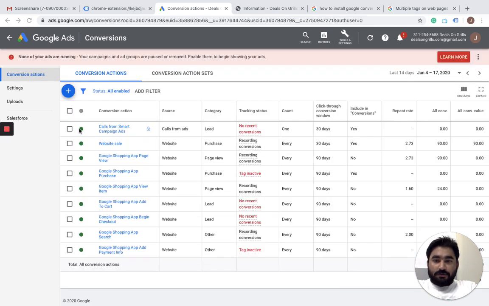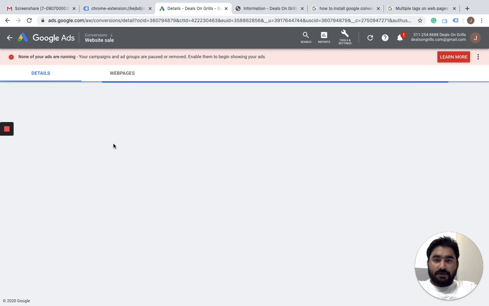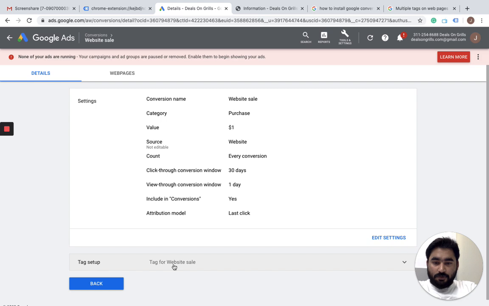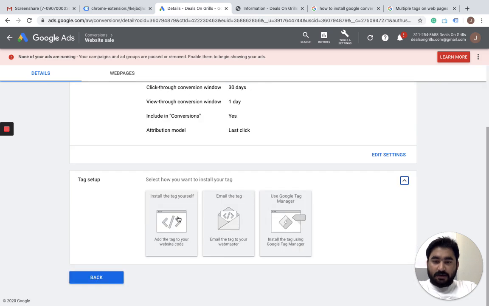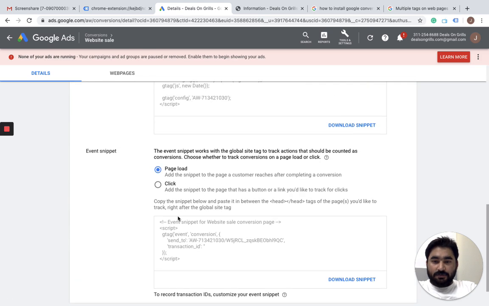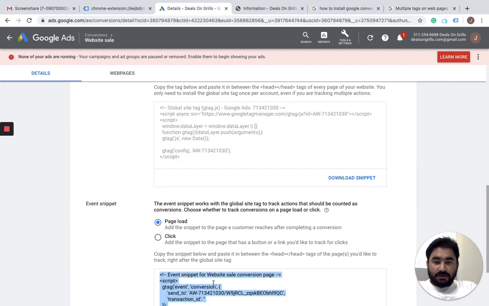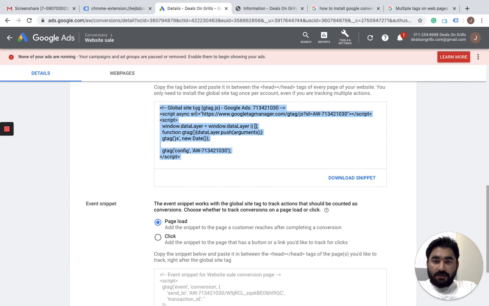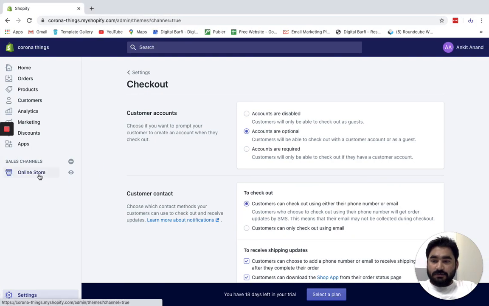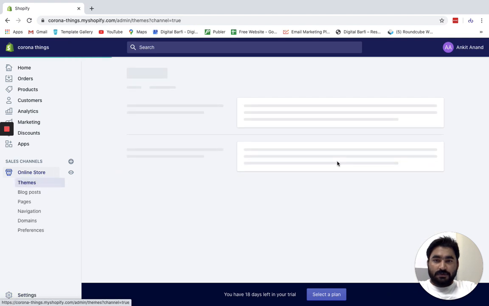Yeah, so now see, I have already created one conversion set with the name website sales. When you click on this website sales, you will be provided with a couple of options. Just hop down to the tag setup and click on install the tag yourself. Google will provide you these two codes, one is this and the other is this one. So now, where do I have to put this code? Okay, so now just click on this theme option,